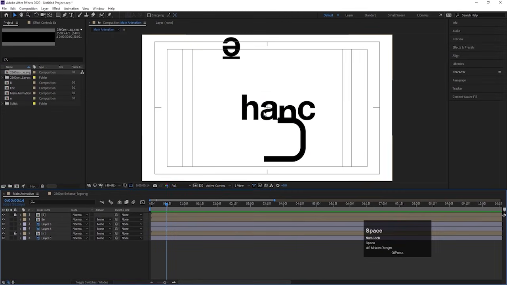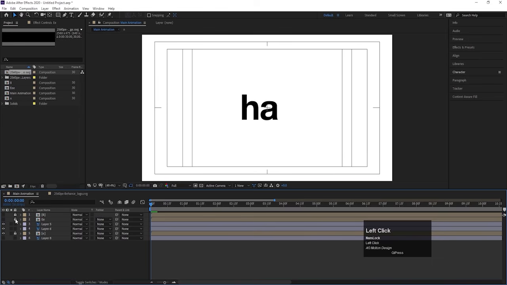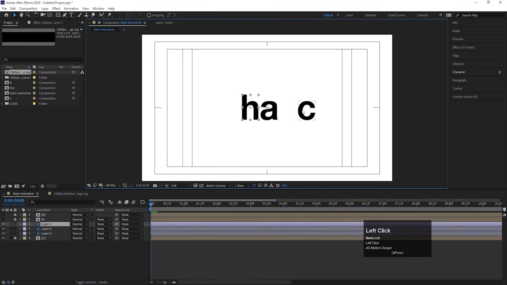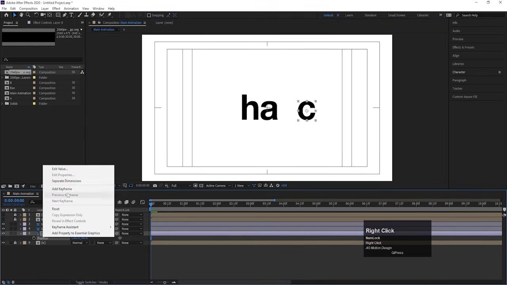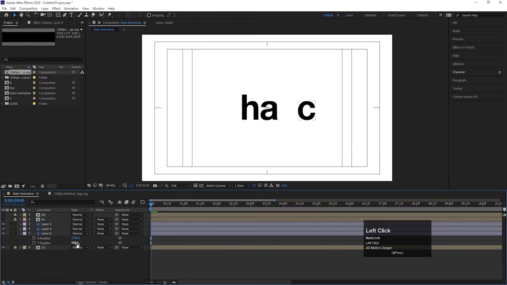Now we will try to animate this remaining one. So I'll hide this which we have done already. Now the remaining ones are this C and this A and H. For this one we are going to choose the bouncing principle. So let's select this, press P for position, select this, right click and choose separate dimensions, and first of all